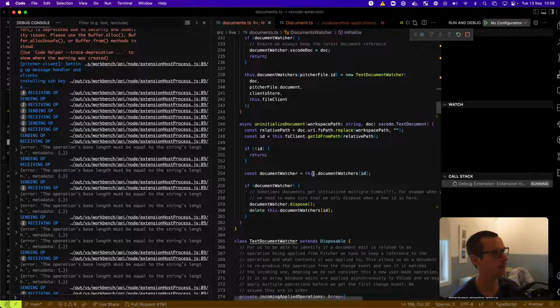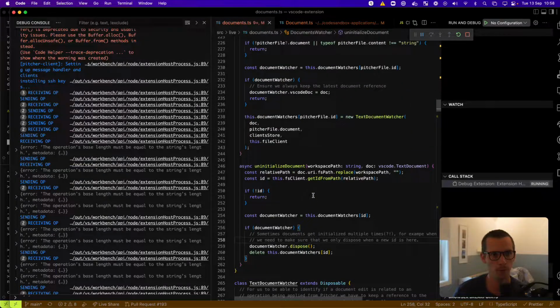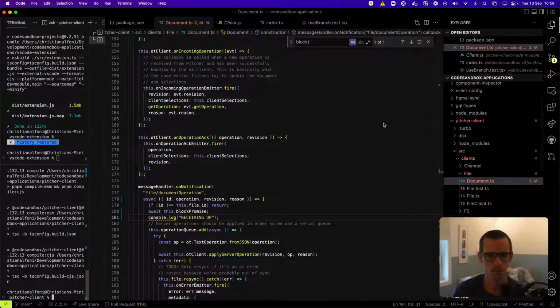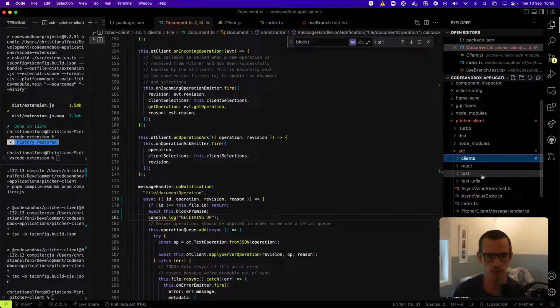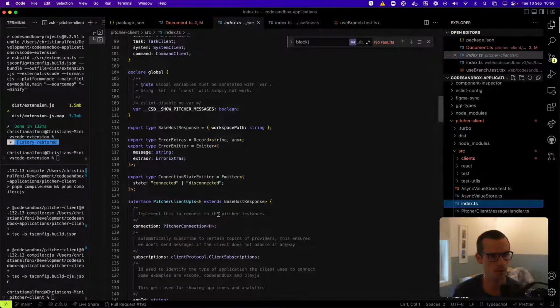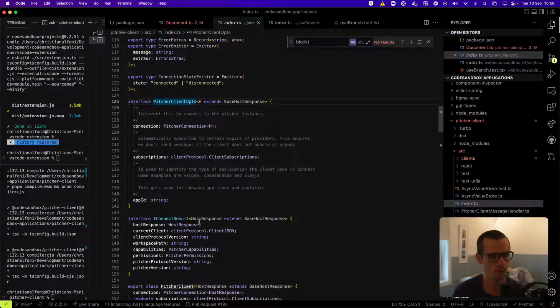The debounce. Yeah, so I'm going to eat and think about this, and then we're going to implement it in Picture Client. Do we even have options for Picture Client now? We're going to implement an async code editor option for Picture Client. Picture Client ops. Yeah, connection, subscription. We're going to add an option, and then we're going to make sure that